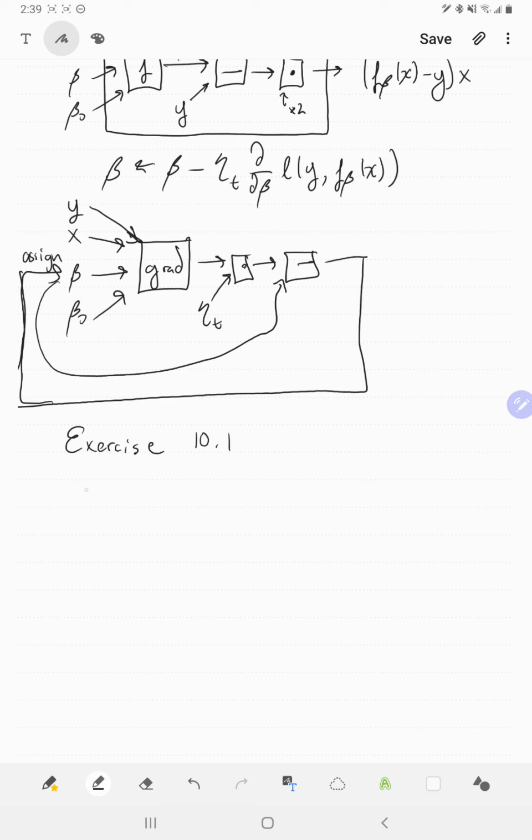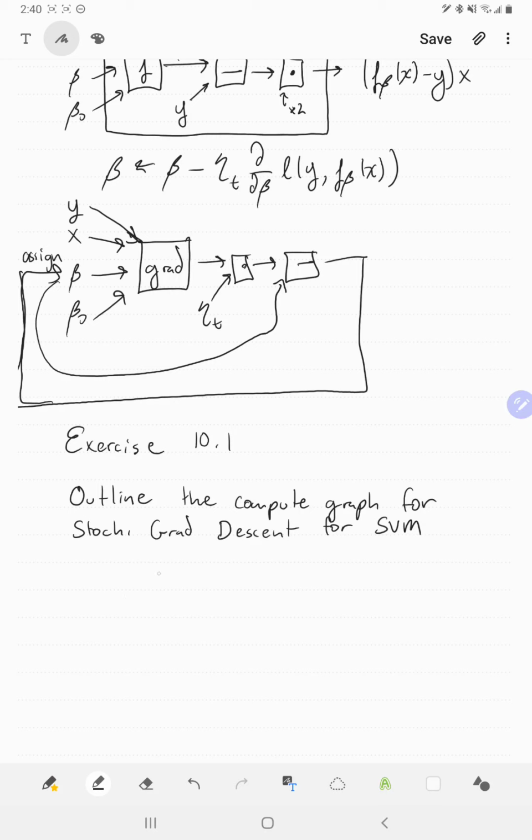What you should do is outline, in a similar way that I've done it here, the compute graph for SGD, stochastic gradient descent, for, let's say, the hinge loss with ridge regularization. So this is support vector machines. So this is minimizing the hinge loss, which is our